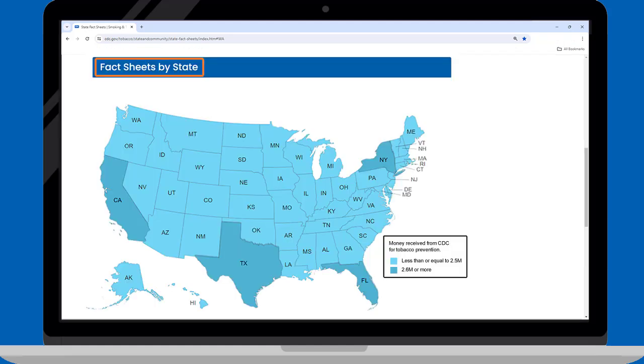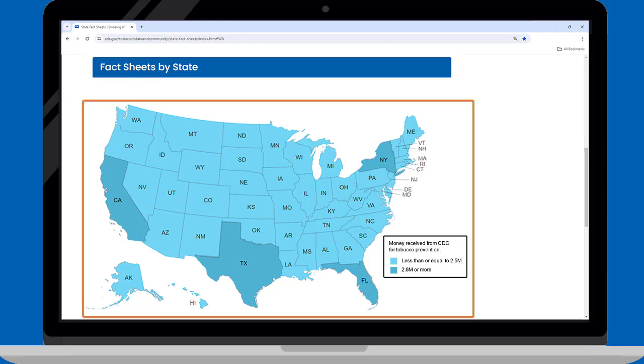What happens when we get to a complex graphic? You will find that there are multiple paths to accessibility. It may be sufficient to just add alternate text. Screen displays a color-coded U.S. map with a legend. U.S. map showing distribution of money received from CDC for tobacco prevention that shows higher concentrations in California, Texas, Florida, and